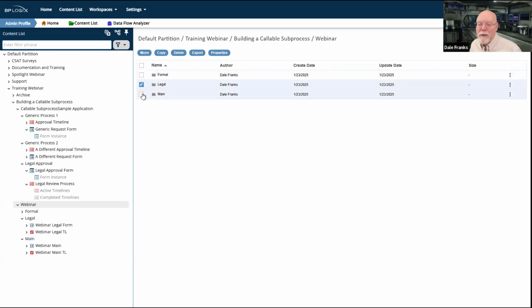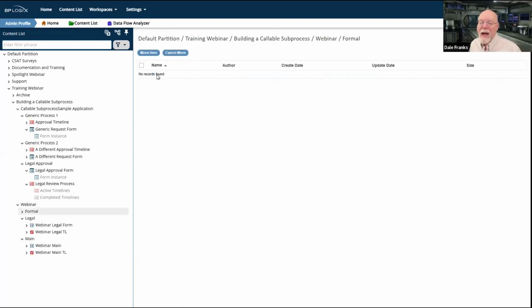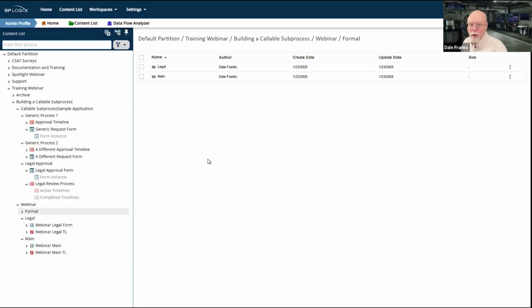Now, the main assumption that we're making here is that I need the legal review to be a real formal process. And as far as the process goes, it does need to be a formal process. But what if it doesn't need to be a formal process?